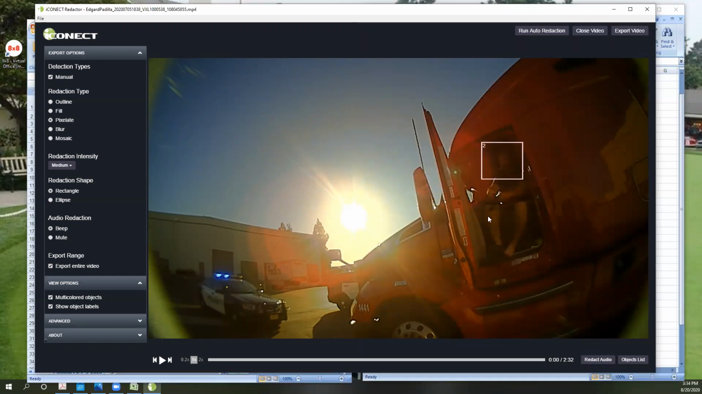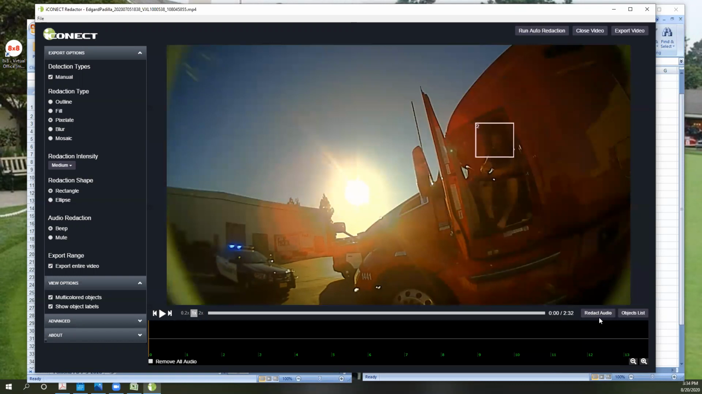All right, cool. So if we're all looking at the same thing right here, the first thing I'm gonna have you do is turn on redact audio. What that's gonna do is turn on the waveform for the audio wave, for the sound, okay? So as we're watching,